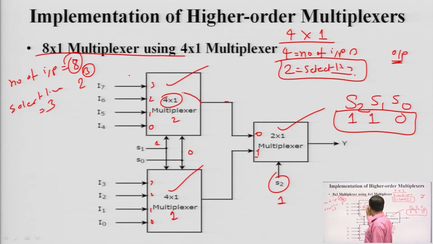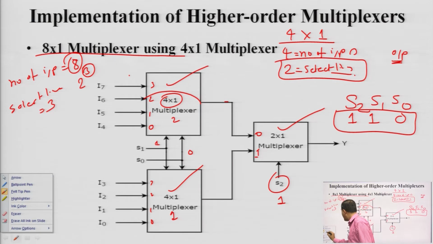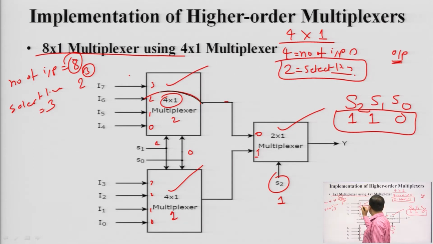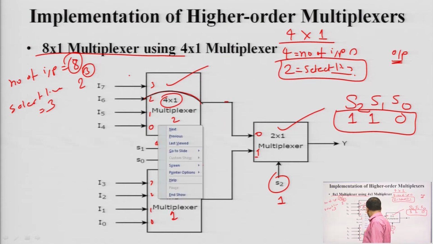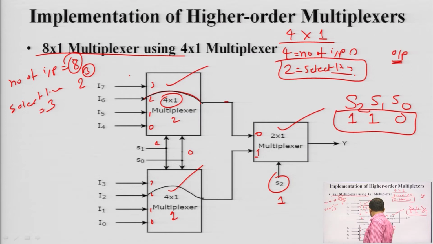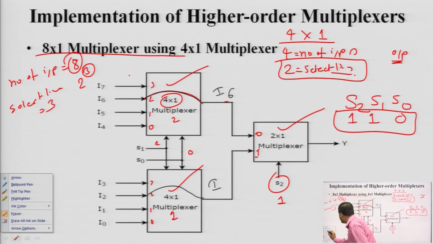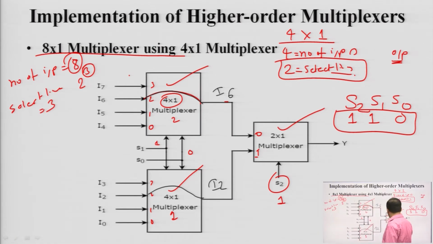So, the output will be connected to this one for multiplexer 2, and for multiplexer 1 the output will be connected to this. So, this is nothing but I 6 and this is nothing but I 2. First one is I 6 and this is I 2. Now the 2 cross 1 multiplexer has inputs 0 and 1. S 2 is 1, so the output will be connected to the